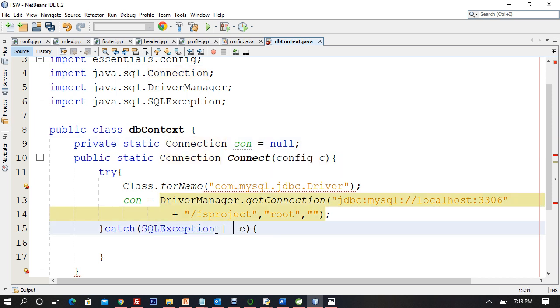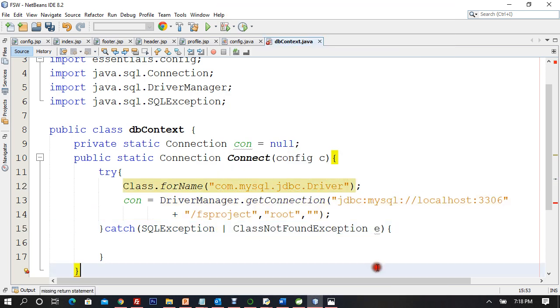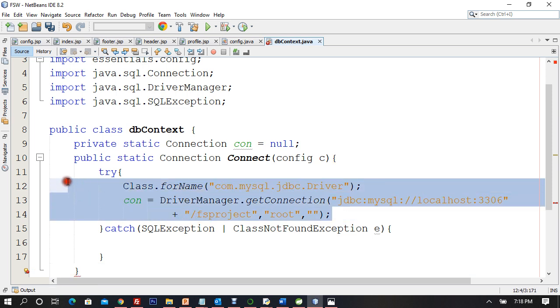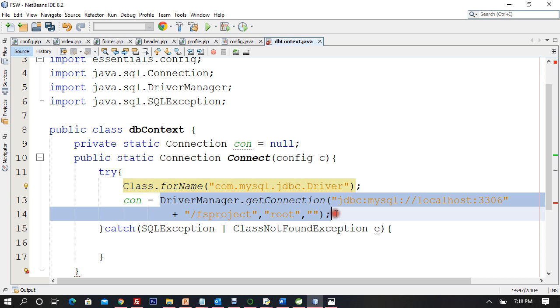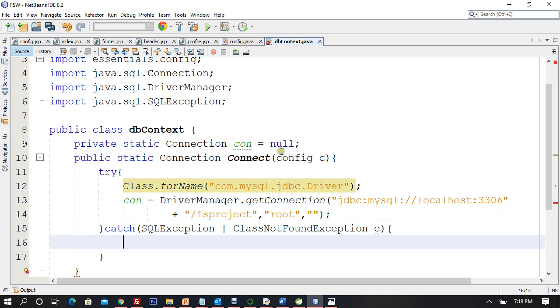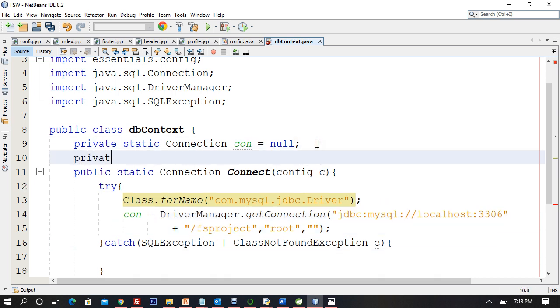So this is how we catch multiple exceptions, ClassNotFoundException also. Right, so we have been able to catch the exception, and we have been able to write the connection string, get connected to the driver, and ask for the connection. Now since you are connected, let me create a private